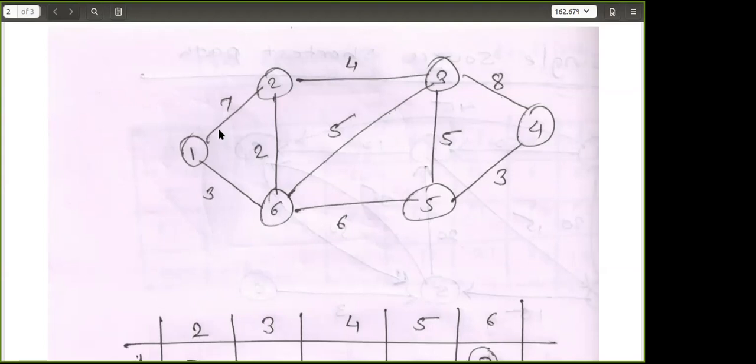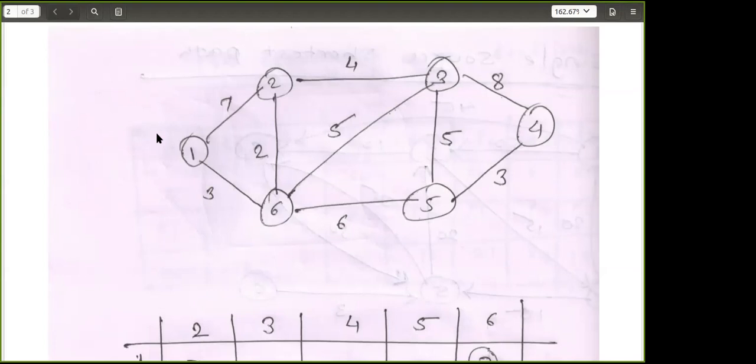If you are observing, there are 6 nodes in this graph and there are multiple edges among them. This is a unidirectional graph. What we have to do, we have to start from node number 1 and identify the distance between 1 and each and every other node, and that should be the shortest one. So let us see how exactly this algorithm proceeds. For solving this particular